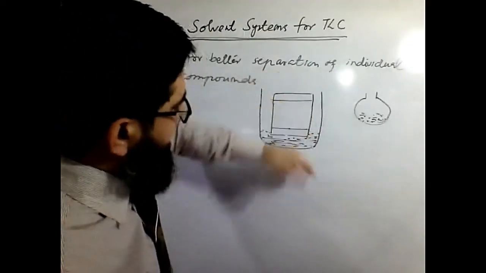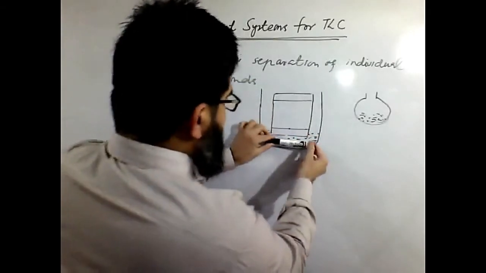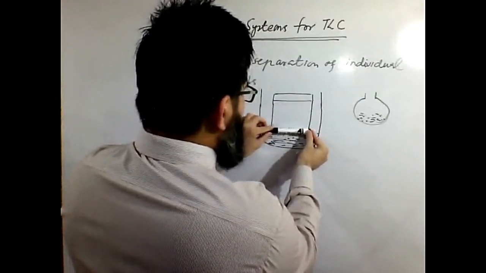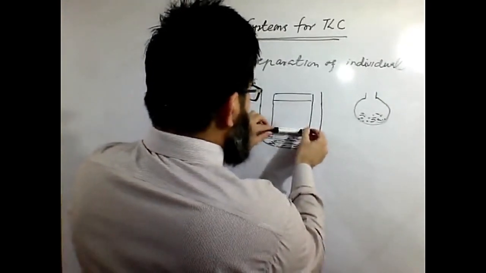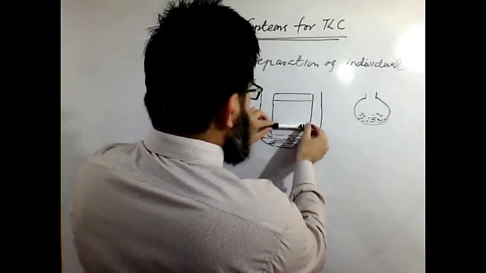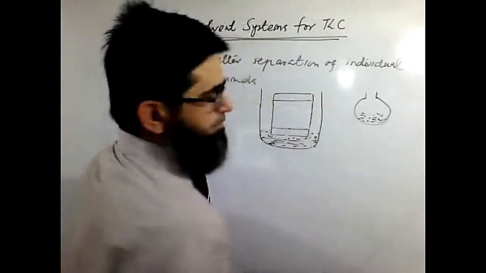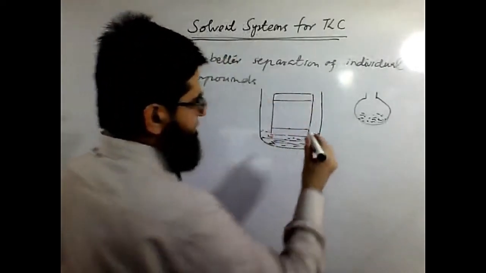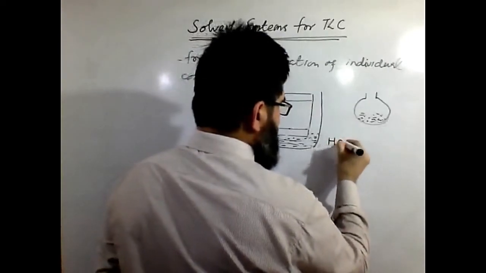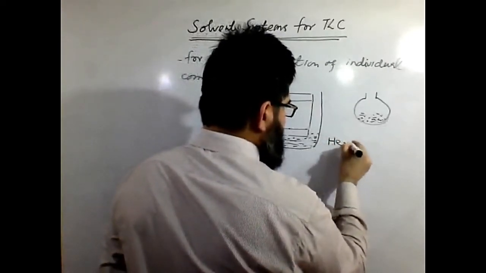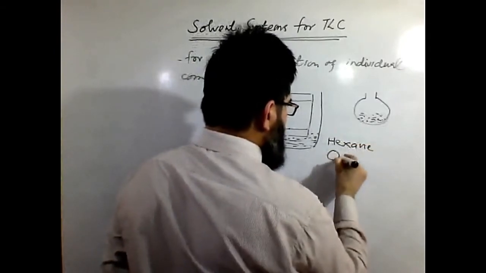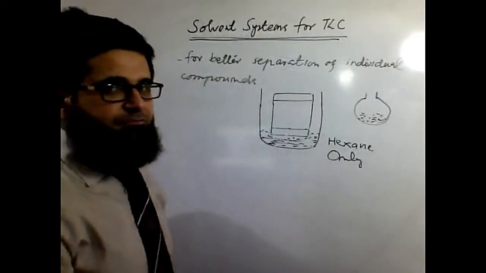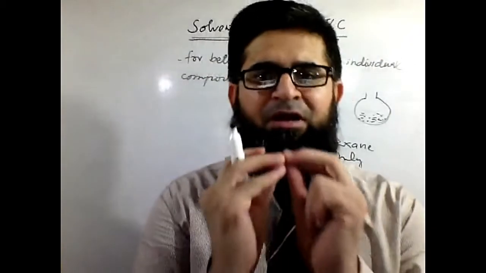When you put that in, with the passage of time, the solvent from the beaker starts to move through and comes closer to this spot. This is a very important spot. Then the solvent keeps moving up till it reaches the upper lane. This is how it is supposed to be. So once it moves, let's say initially, as I told you in the last lecture, we have used hexane only. Got my words? We are using hexane only.